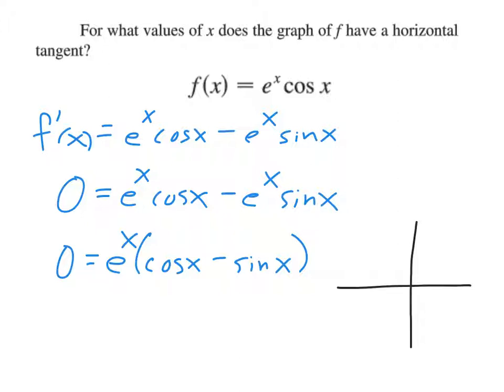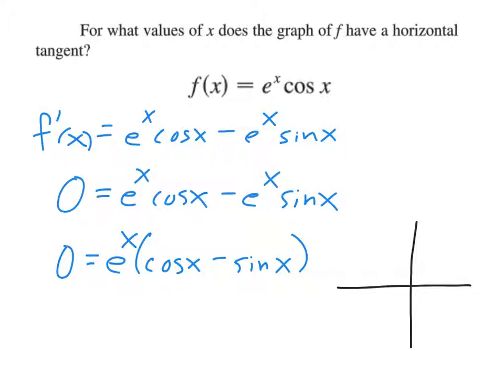Now, remember when we solved quadratics, we'd end up with a parenthesis times a parenthesis, and we could solve a quadratic that way nice and easy because if either of those parentheses equaled 0, then we know we had a solution where the whole thing equaled 0. And so basically I'm in the same situation here where I'm saying what makes e to the x equal 0 or what makes cosine of x minus sine of x equal 0. Now for the e to the x part,